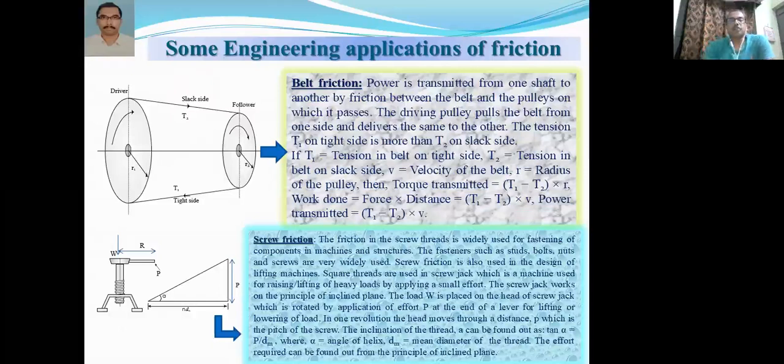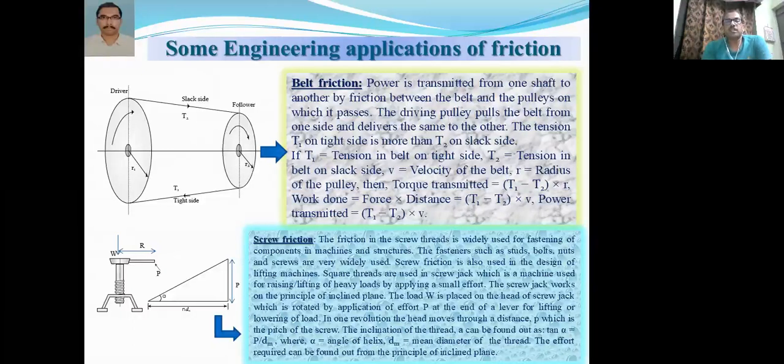And another example is screw friction. The friction in the screw threads is widely used for fastening of components in machines and structures. Fasteners such as studs, bolts, nuts, and screws are very widely used. Screw friction is also used in the design of lifting machines. You can see when the